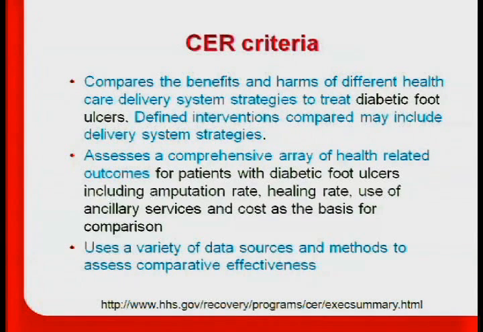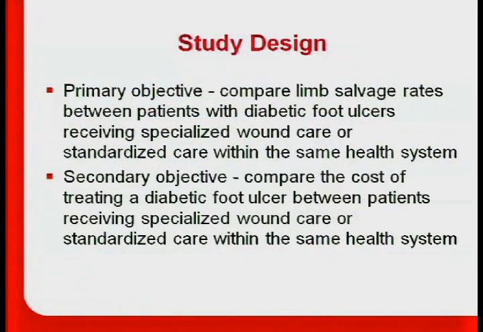So the primary objective for this study was to compare the limb salvage rates between patients in each cohort, either the OSUMC or the Comprehensive Wound Center. And the secondary objective was, great, you might have a better outcome, but did it cost more money? So we have to look at the cost comparisons between those two treatment arms. And ideally, we'll have lower amputation rates and lower costs in the wound center, but we'll wait for the statisticians to answer that